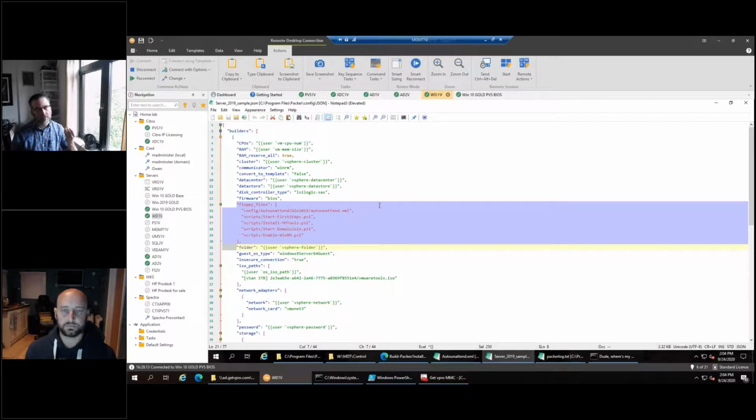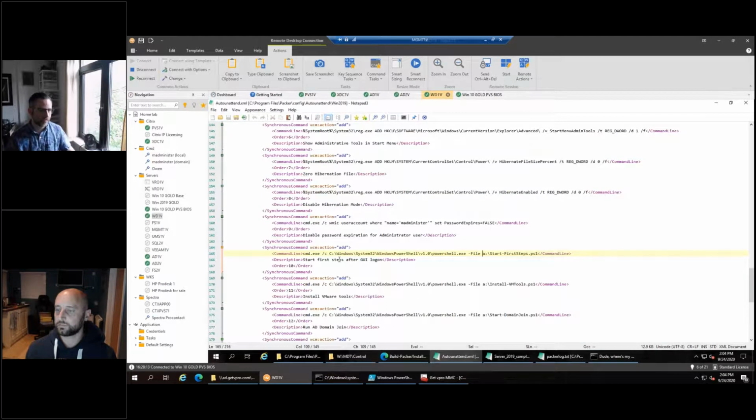I guess the main thing would be knowing where things happen in the Windows install. So when the autounattend is called, because it's called multiple times, right? You have it at the beginning and then you have it at the end. Just like I showed here, towards the end of your installs, you're actually going back to the autounattend again to call the PowerShell scripts. So I would say knowing autounattend.xml,